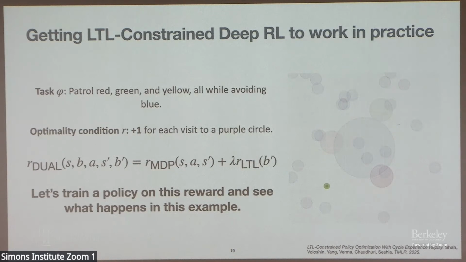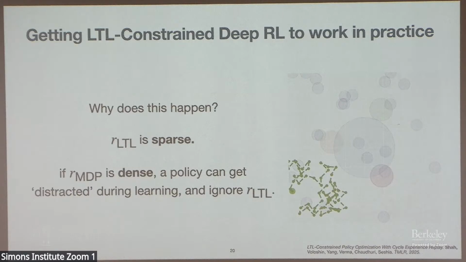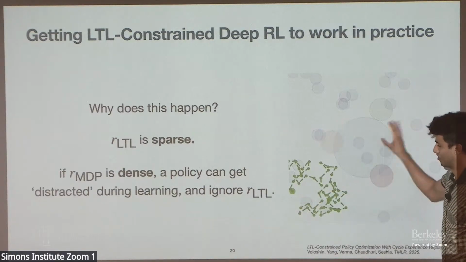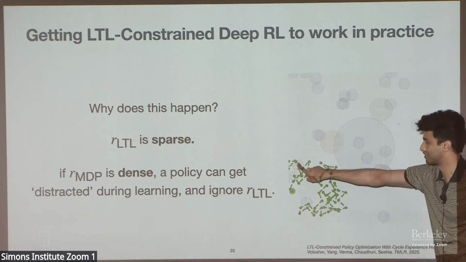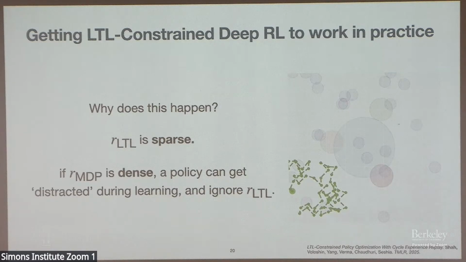Let's go back to this example that we were discussing earlier. I'm going to train a policy on this combined reward, and we're going to see what happens in this example. And maybe to very few people's surprise, it's bad. What ends up happening is it just goes and hops around. It's a stochastic world in a bit of a way, and so it just hops around these purple regions, and it completely ignores the task that it's supposed to be accomplishing. The reason for this is a very RL-centric reason, and it's because of the reward sparsity of this proxy reward that we were discussing. Again, it only gets a reward once it visits an accepting state.